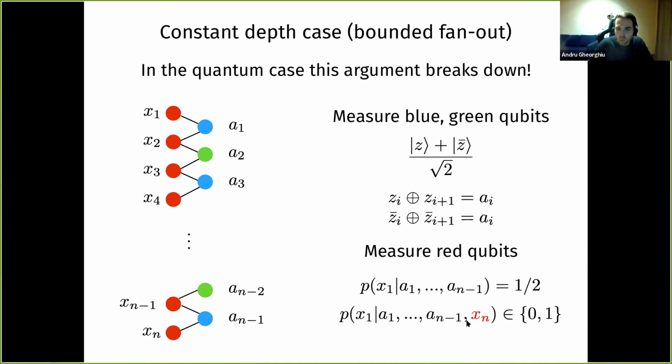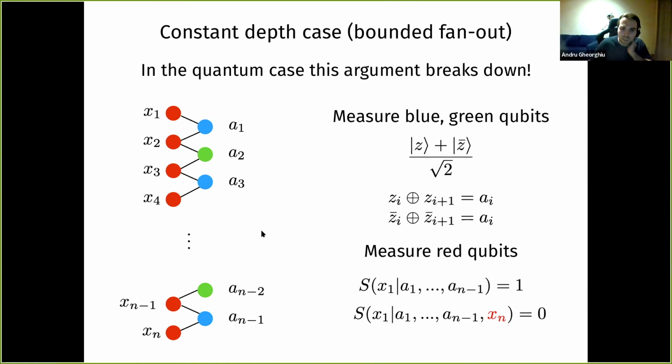But if you know one extra bit, so if you know also the result of one of these other X values, then you also know whether you're in Z or Z bar. And now this probability is determined. It's either 0 or 1, like you know exactly what this value is. And the same thing happens to the entropy. So in one case, the entropy is its maximal value, 1. And in the other case, it's 0, because you know exactly what this value is.